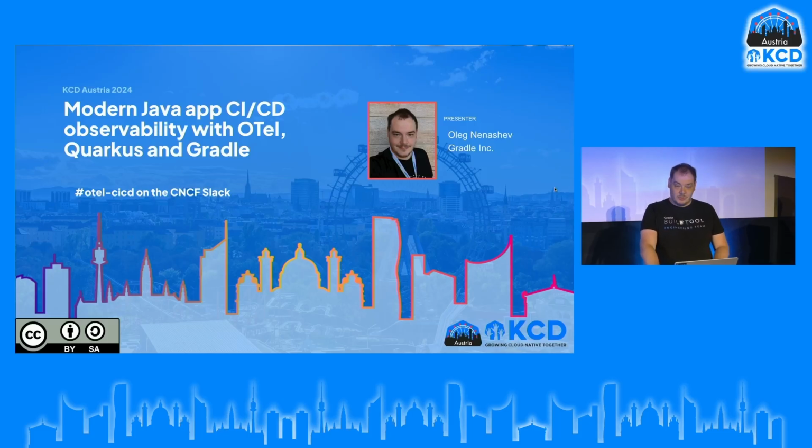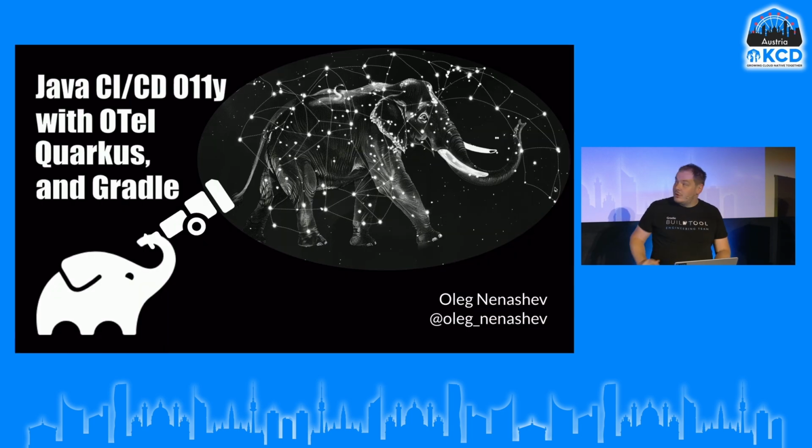My idea for this talk is to show a few slides and some examples of how you actually can do observability for Java applications. To some extent, this talk is not very specific to Java, because you may experience similar issues with any sophisticated build toolchain and frameworks. But still, I want to show some demos. Who already runs OpenTelemetry with Java? Just a few people. So hopefully it will be interesting.